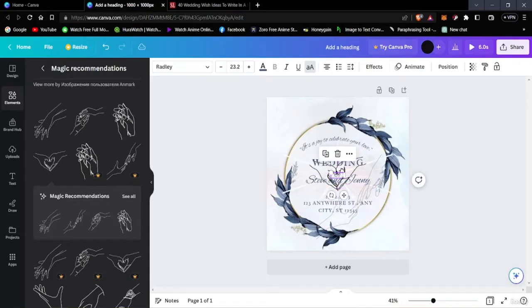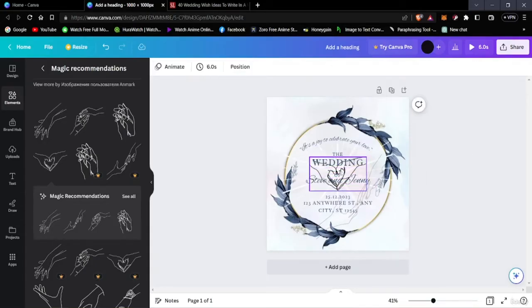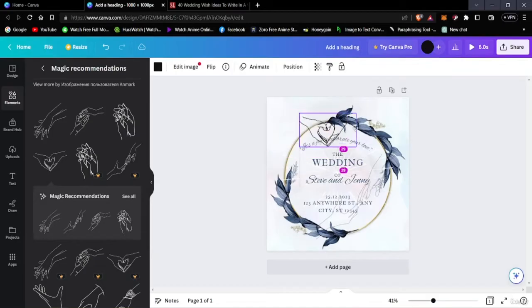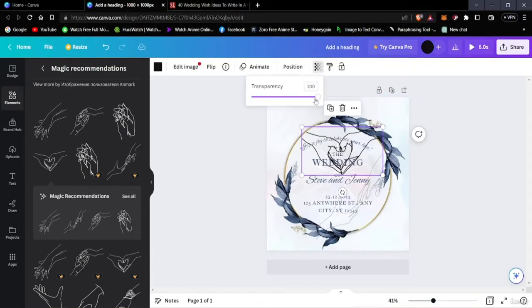Okay, just gotta select this one and then move it over here, and we're gonna place it right over here. Okay, and now we're going to adjust the size, and then drag it again, and now we're going to set the transparency enough so that people can view the text. Okay, maybe a bit more. Okay,